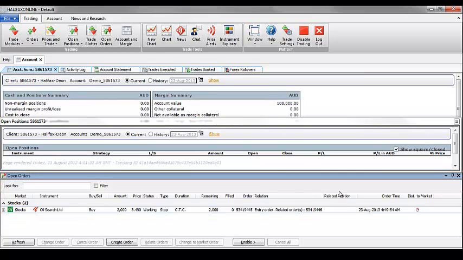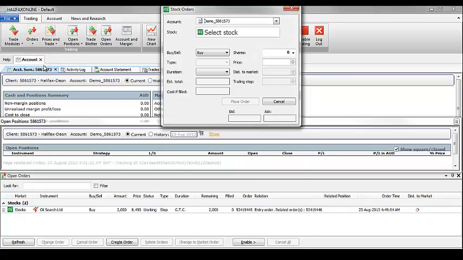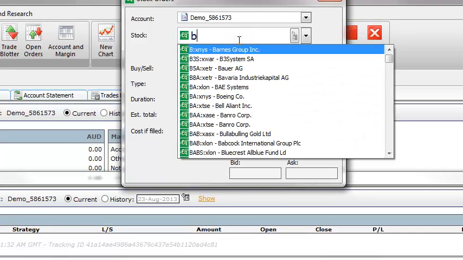A helpful tip. In some cases, a company can be listed in more than one exchange. It is important that you trade the company and the exchange as mentioned in the report. Let's look at a quick example. Left click Orders and then Stock Orders. In the Select Stock field, type BHP